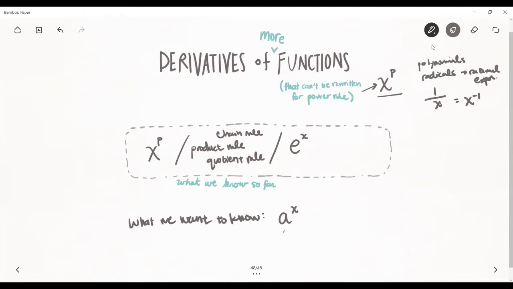So other exponential functions where the base is not e, right? The base is some other number that is not e. We want to look at natural log of x, and specifically it's the natural log